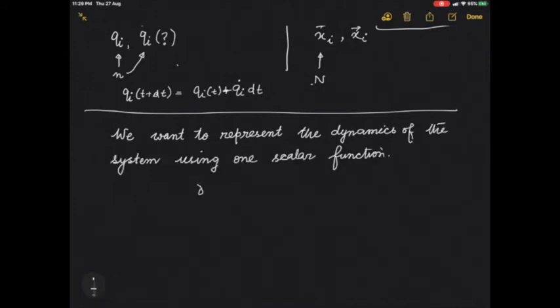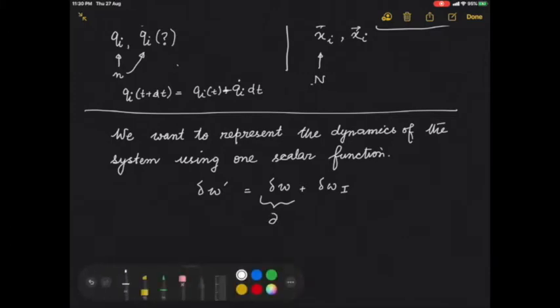So what is the problem with D'Alembert's principle? Well, I have this delta w prime, which is a sum of the delta w, the virtual work coming because of the external forces, plus the virtual work coming because of the inertial forces. And it turns out that even if I can write this in terms of a monogenic form,